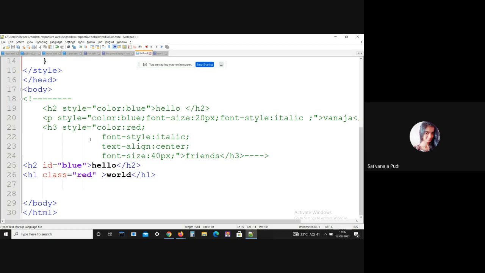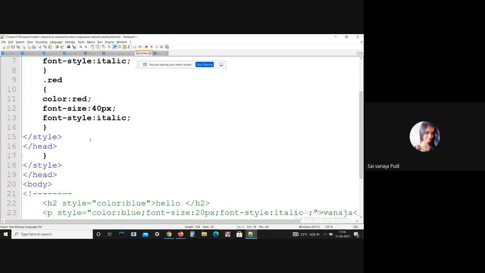And followed by, we have another type that is an external CSS. What does external CSS mean? An external CSS is a separate CSS file which only contains CSS code using class names, ID names, tag names, etc. And we can use this CSS file in any HTML file by including it using a link tag. But mostly these external CSS files are used if you work on big projects.